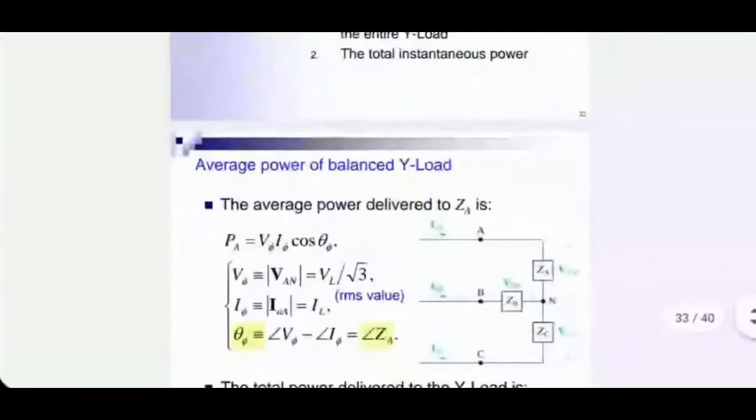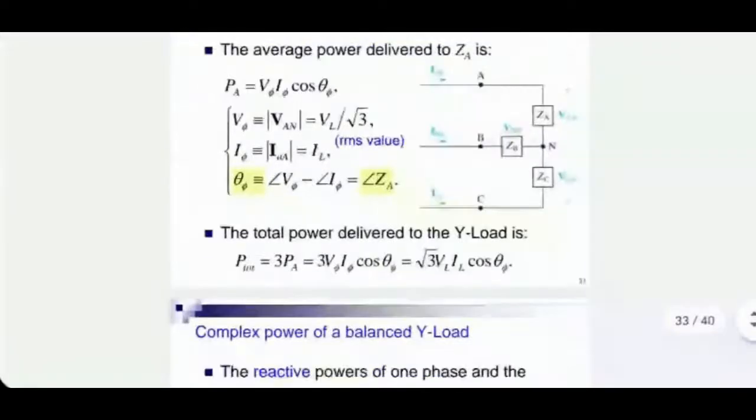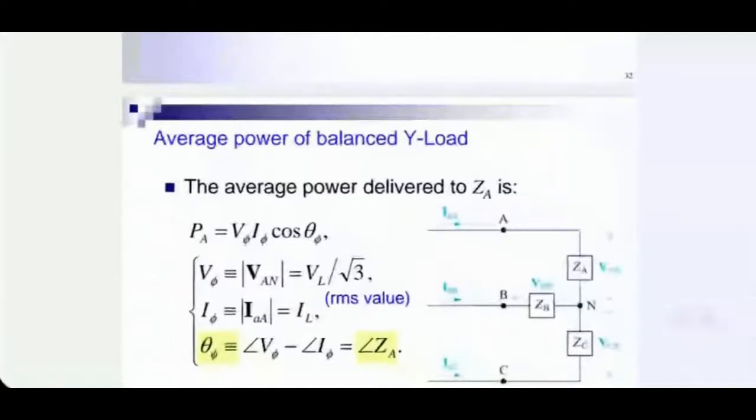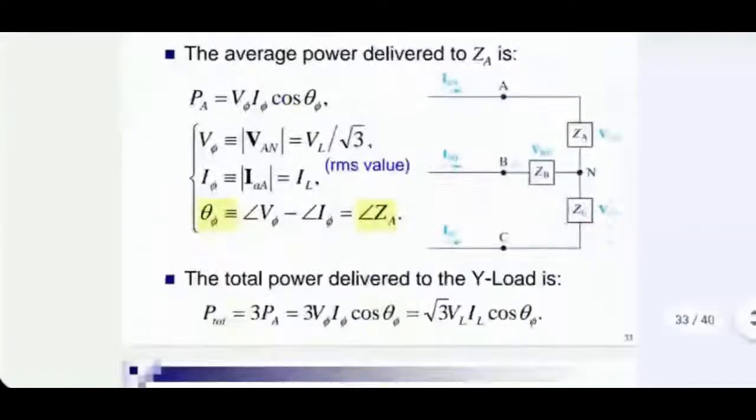I showed you last time anyway that instantaneous power has no time dependent component. They have shown that here also. But the real power is still there. The power which is constant with time is still there. That is the consumed power or average power. And the formula for that can be obtained by using the complex power concept for each phase, summing up the three complex powers for the three phases, and then taking the real part of it.